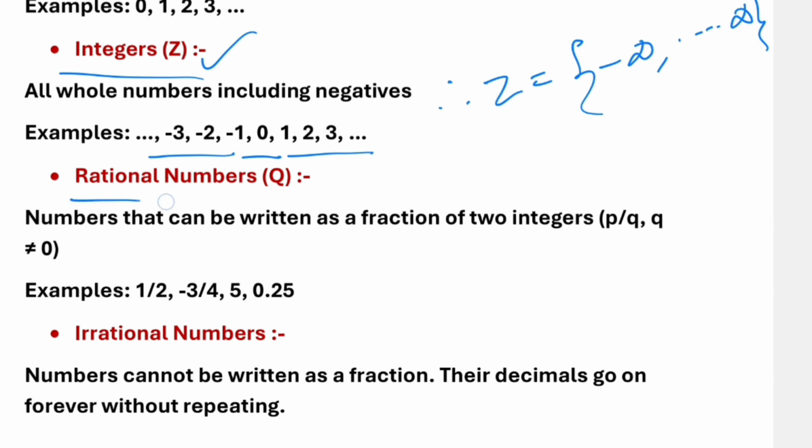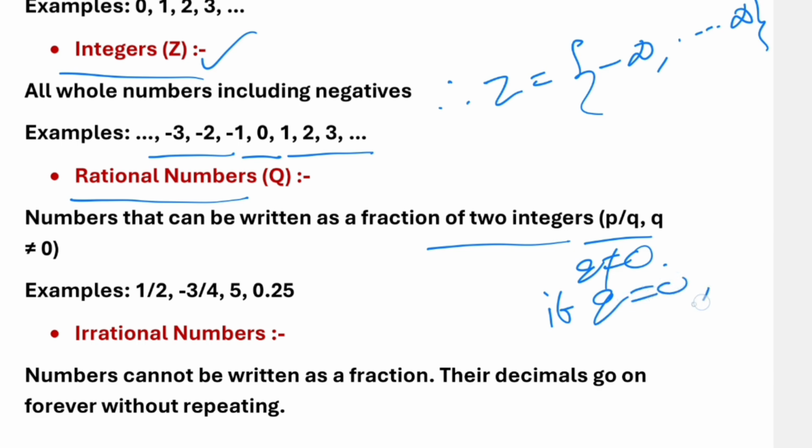And the fourth one is rational numbers. These are denoted by capital Q. The numbers that can be written as a fraction of two integers. Let those two numbers be p and q. Then q is not equal to 0. If q is equal to 0, the fraction is not defined. For example, 1 by 2, minus 3 by 4, 5 by 1,